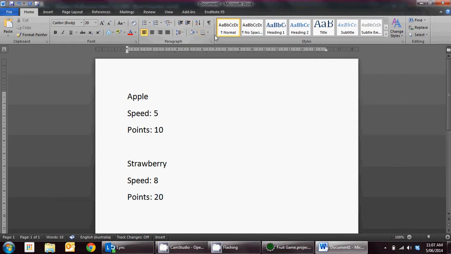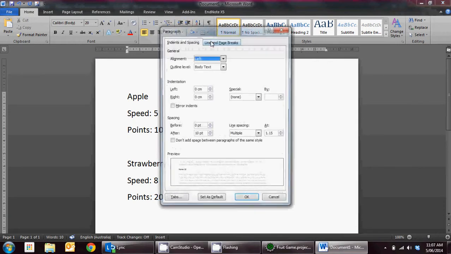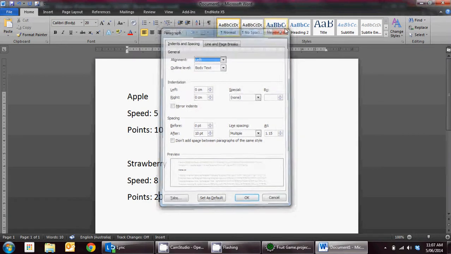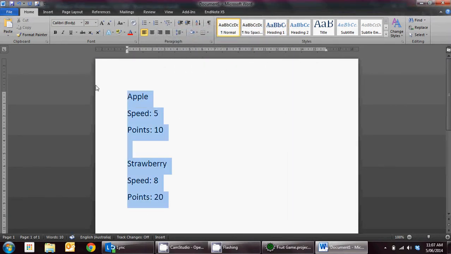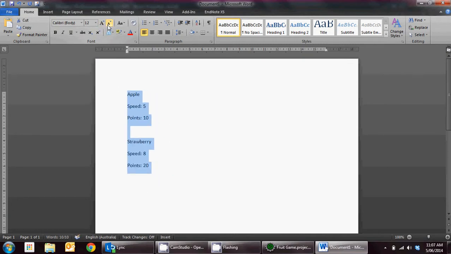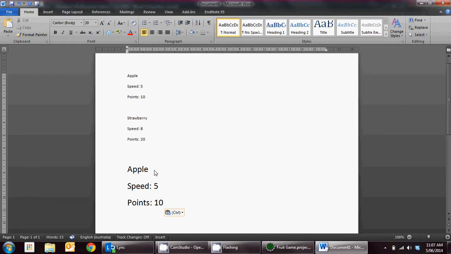Can't see columns that used to be here. Okay, we won't worry about columns, might make it just a little bit smaller so it fits for you guys. There we go, right. So we then got, so this will be the